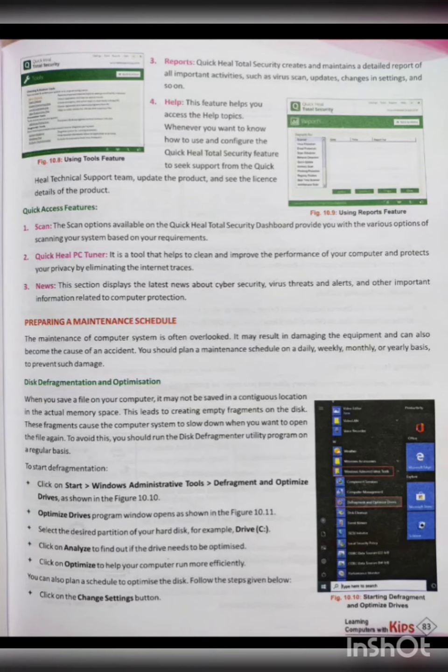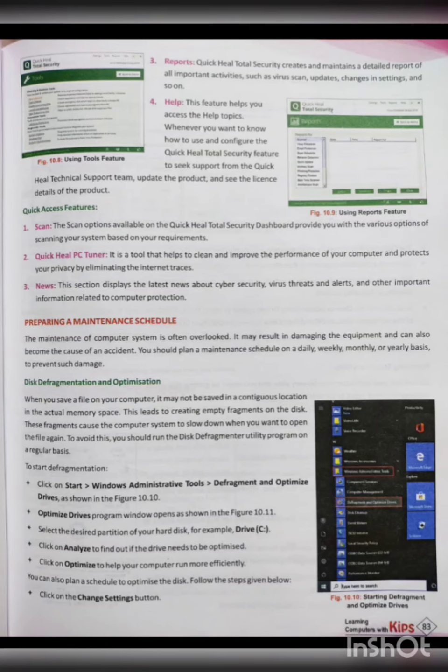It is a tool that helps to clean and improve the performance of our computer and protects our privacy by eliminating internet traces. Okay. And the third one is news. This section displays the latest news about cyber security, virus threats and alerts and other important information related to computer protection. Okay.